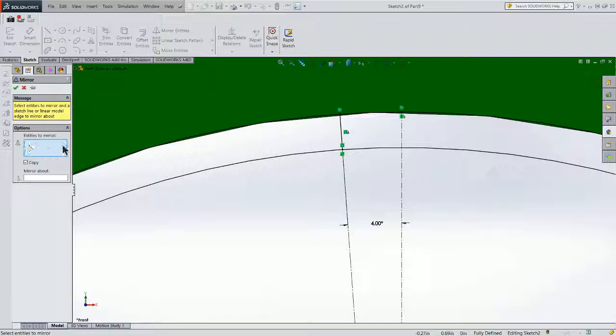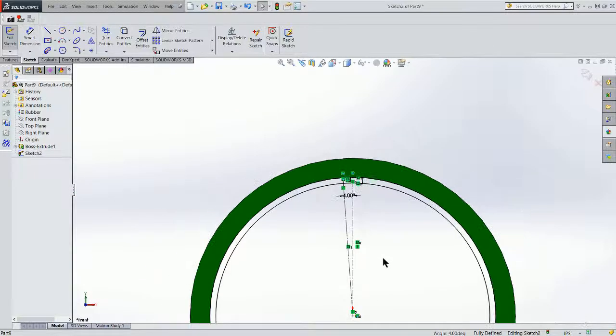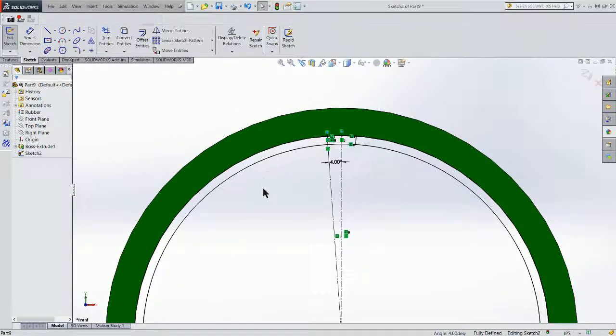So it's going to ask us what we want to mirror. And I want to mirror this line. And I want to mirror it about my construction line. Accept that, and you'll see I've got a fully defined sketch, but I've got too much information in here, so